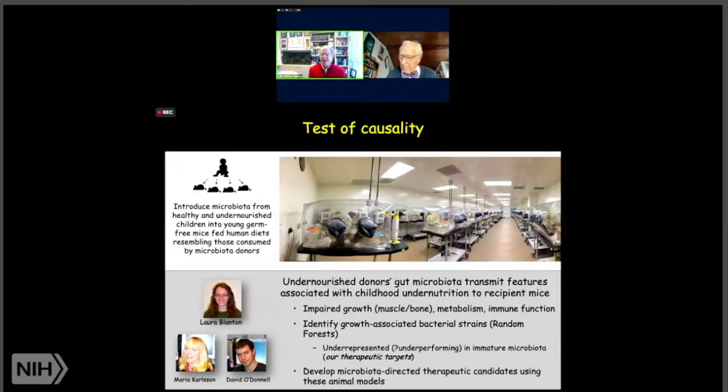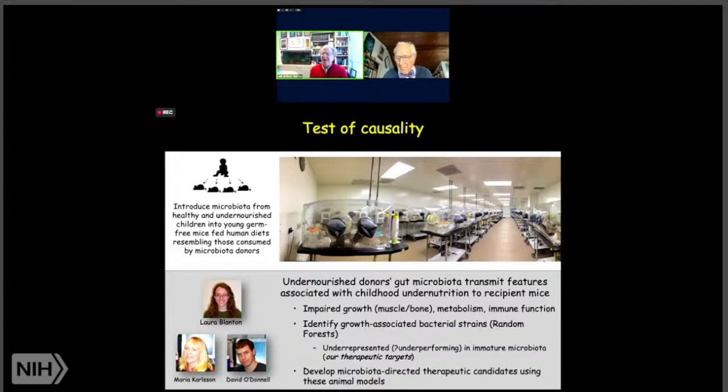We wanted to develop microbiota-directed therapeutic candidates using these animal models that portrayed the microbes of the very population we want to treat, as well as their diets. But we had to develop an intervention that was culturally acceptable, affordable, and scalable. So we thought, we shall not start by basically creating a next generation consortium of anaerobic cultured bacteria, which would be difficult to preserve in a cold chain. And there's not a lot of technology about how to do so.